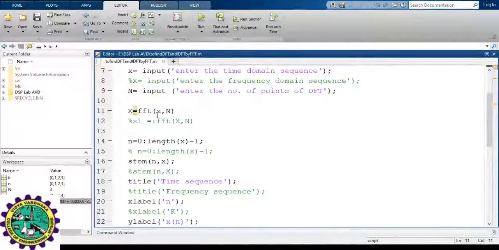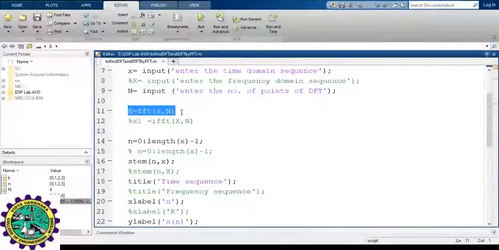Once you calculate the FFT, the output is always X of k, capital X of k. Here, instead of capital X of k, I'll represent the same with the letter capital X. Since I have used an inbuilt function, you can compute the FFT, in other words the DFT, with just one line with the help of this. This is the only thing which you should remember in this program.